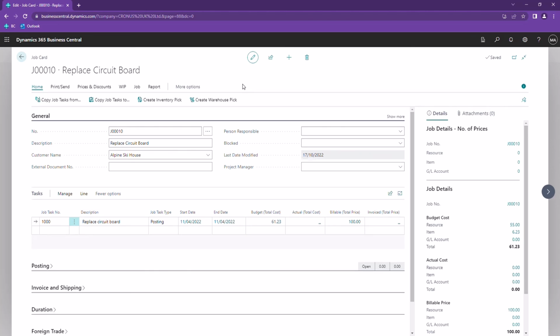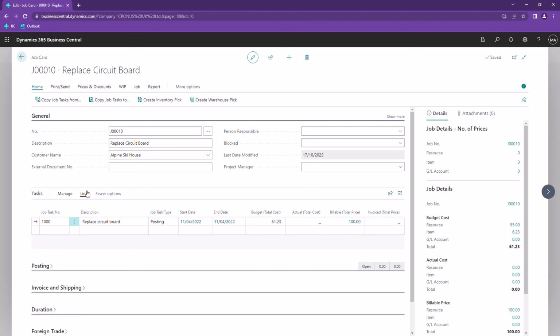In the previous release, the inventory and warehouse pick functionality was extended to be able to generate from jobs. So like with a sales order, when you generate an inventory pick from a sales order, you could then carry out the creation of an inventory pick from a job card using this action here. However, one point that was then raised was if you use item tracking, so if you use serial numbers or lot tracking or package tracking, there was no way of putting that information in against a job prior to creating